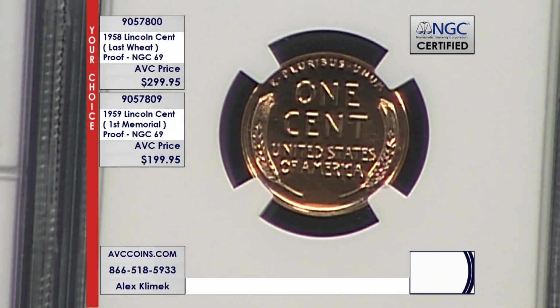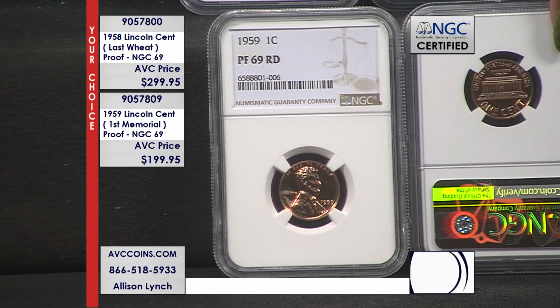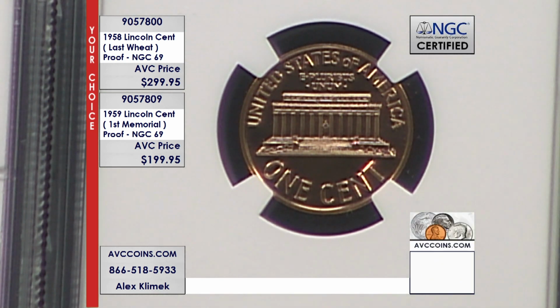in collecting today. In this condition, less than 1/4% of the entire mintage is known to exist with NGC today. The 1958, that wheat cent in proof 69 condition, is item number 9057800. And while our limited supplies last, those last year of issue wheat cents in near perfect proof 69 are